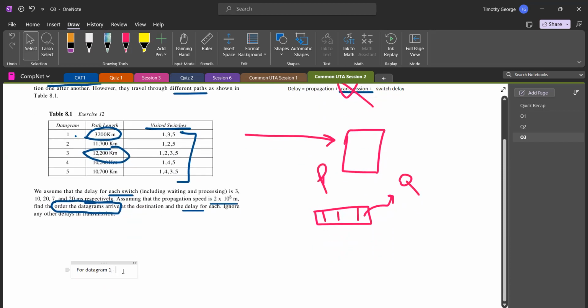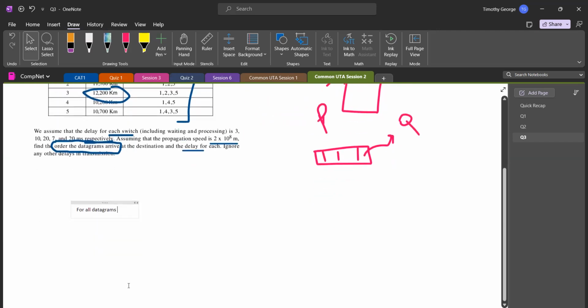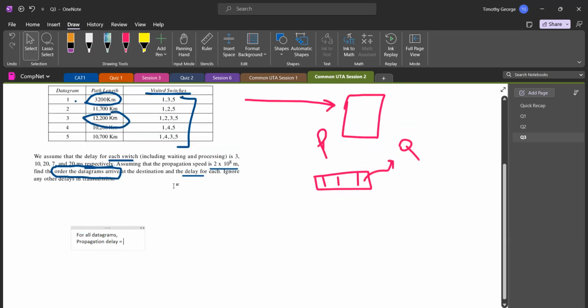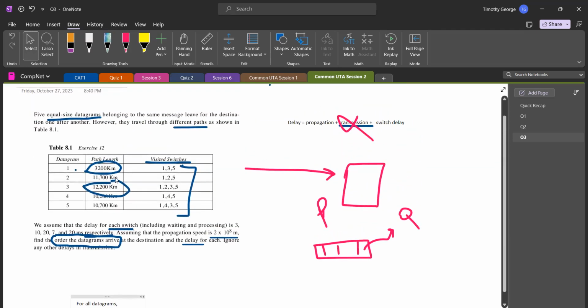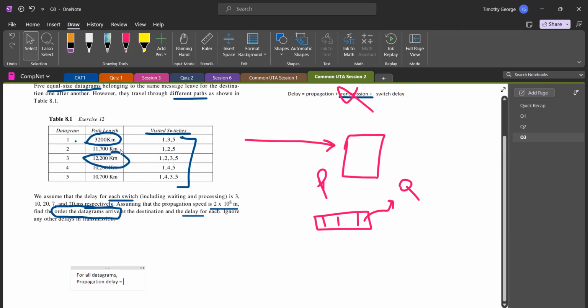So for all datagrams, propagation delay is equal to the length divided by the speed. What is the length here? Oh no, sorry. Each datagram has its own length, so we can't write for all datagrams. Sorry about that. So for datagram one,